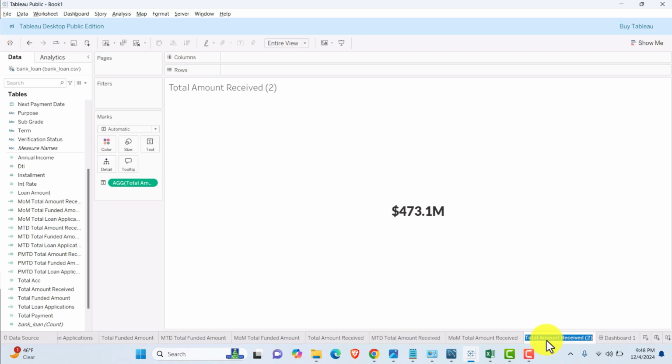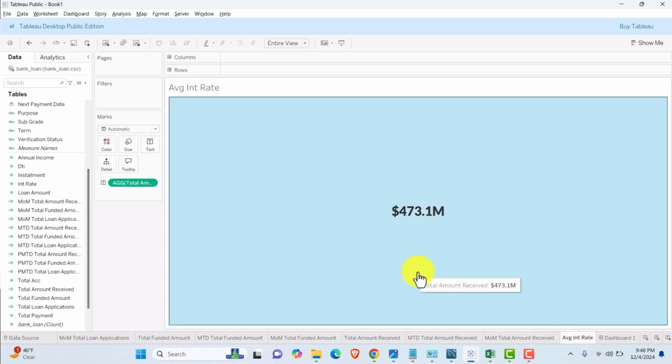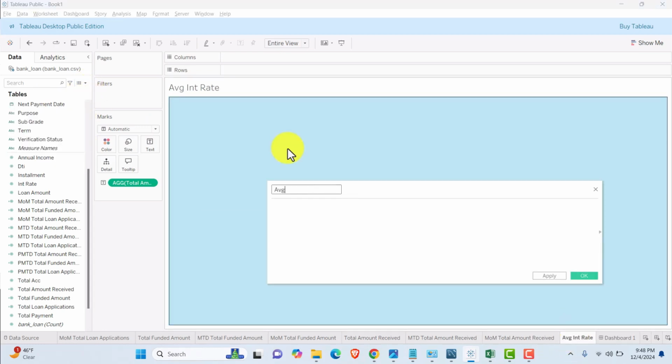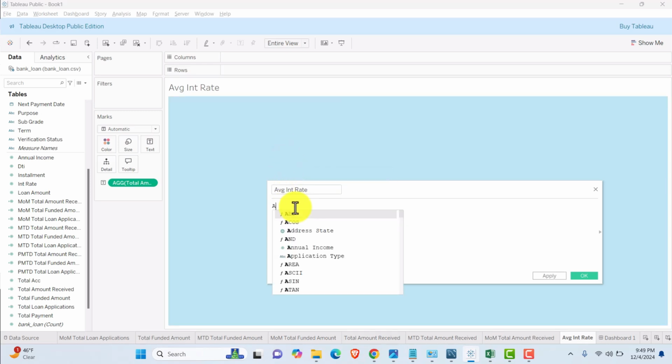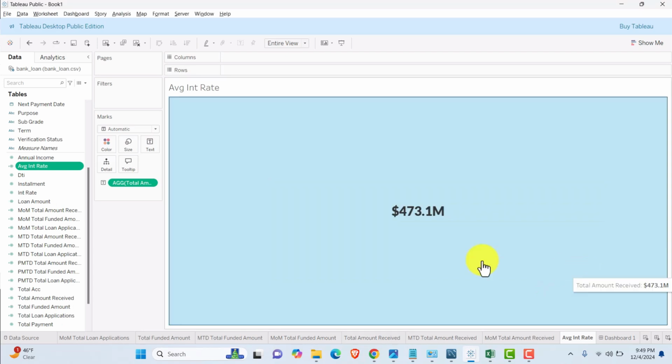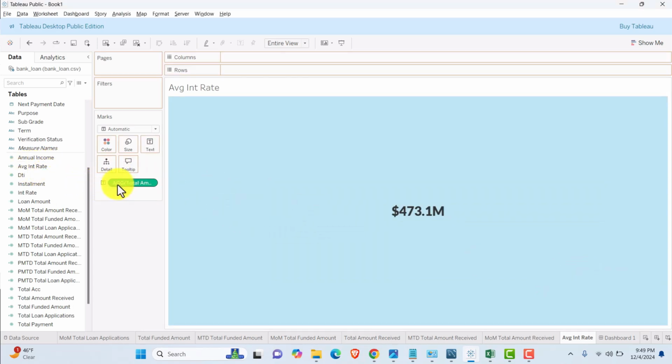It's average interest rate. And now we will calculate the average interest rate, for which I will have to create a calculated field as average interest rate, and this is going to be the average of interest rate. So if we take the average of it, I'll apply and then press OK. So this is the average interest rate. If I just drag it and release it over here, this gives me the average interest rate,